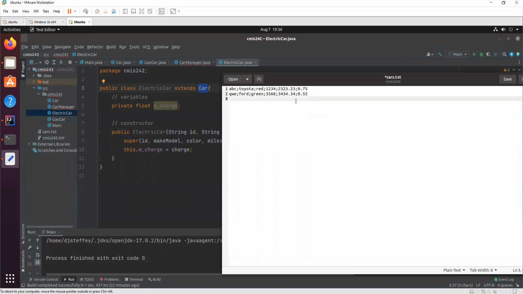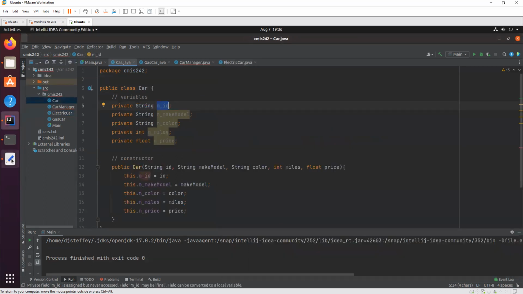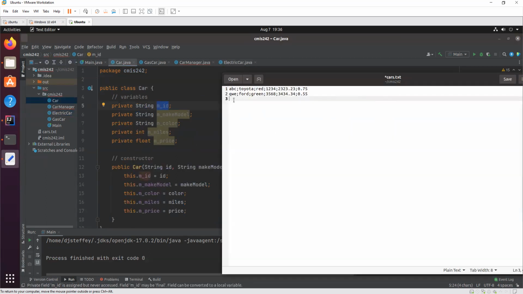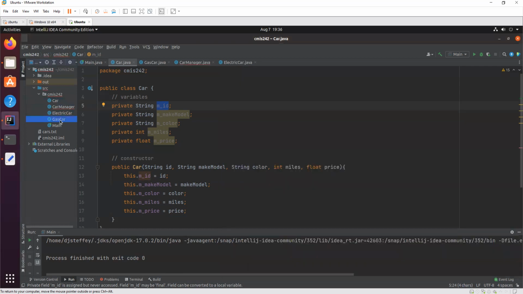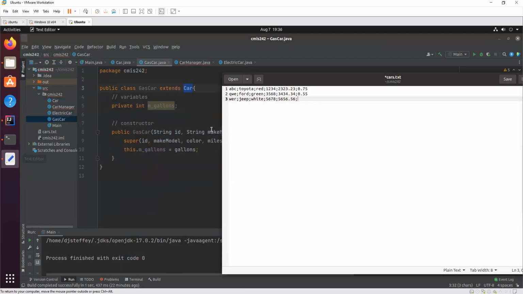Well, let's make a gas car now. Let's have a gas car inside of our cars file. So for a gas car, we also need the ID. Let's do WER for the ID. It's going to be a Jeep. It's going to be white. The mileage is 5678. The price is 5656.56. And after the price for a gas car, we need the integer that is the gallons, so it's not a float anymore.